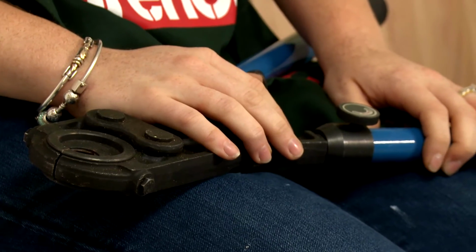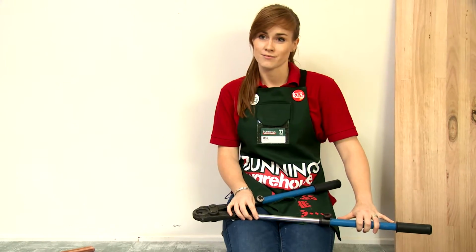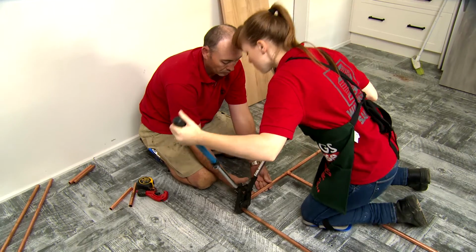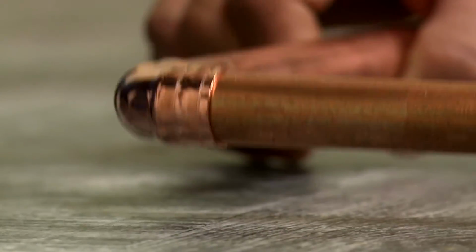This is our crimper. The arms of the crimper extend, meaning that you don't have to apply as much force, but it still gives you plenty of pressure. Because this is such a large piece, I'm going to get Andy to give me a hand to make sure everything stays square. We insert our pipe into the end of our crimper, which then applies pressure and creates a